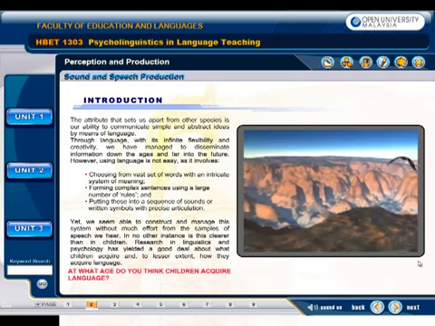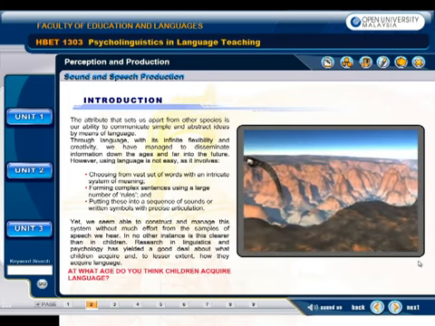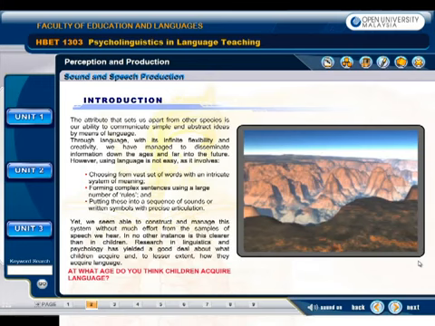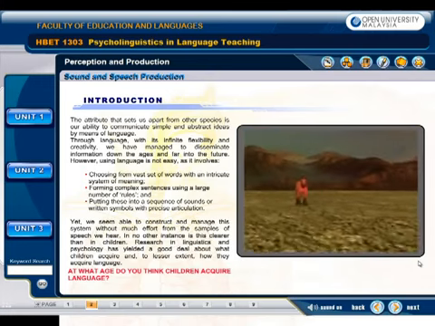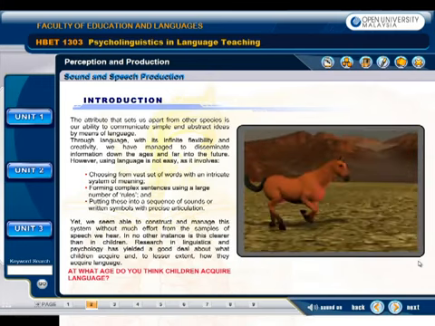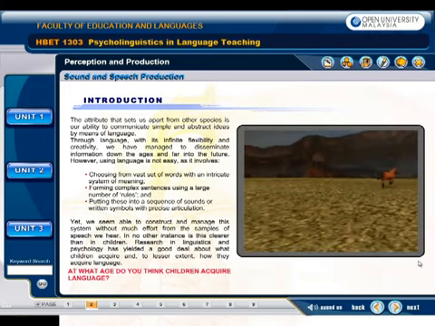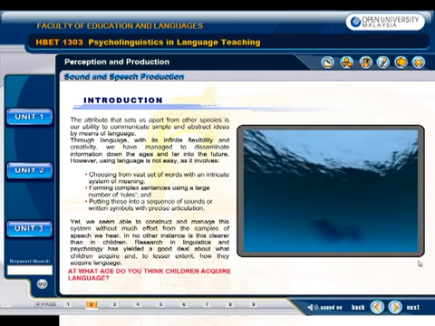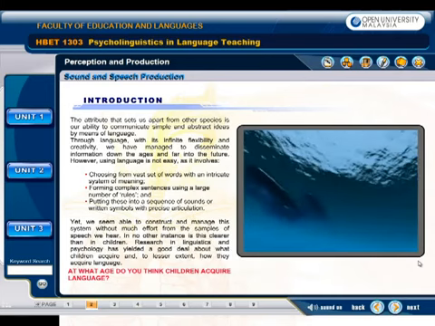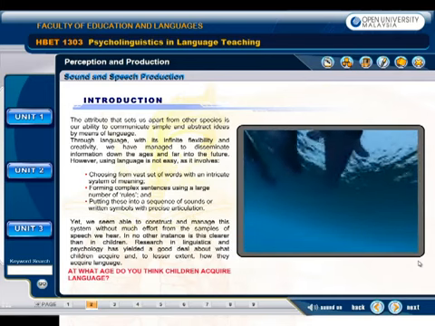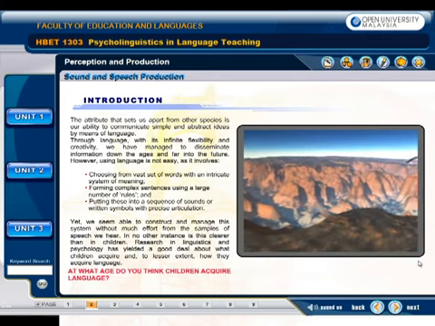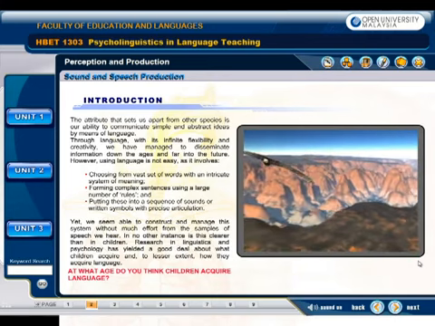The attribute that sets us apart from other species is our ability to communicate simple and abstract ideas by means of language. Through language, with its infinite flexibility and creativity, we have managed to disseminate information down the ages and far into the future. However, using language is not easy, as it involves choosing from vast sets of words with an intricate system of meaning,